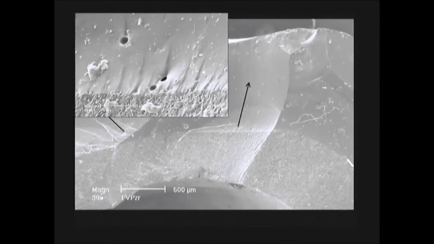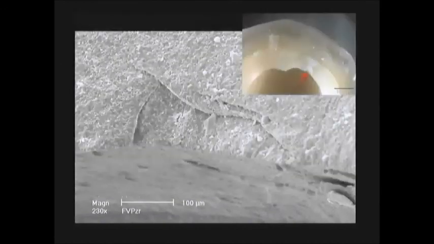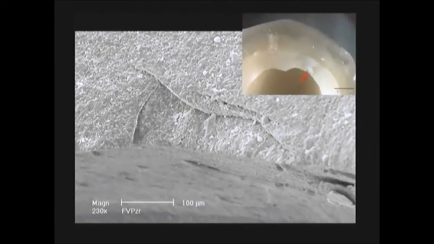I have an arrest line. Here, there is something weird. What is this? I'll tell you in a minute what that is. It's a chipping off of the alumina, and you'll understand later on. I'll come back to this chipping off. Just remember, there is a chip off of the inside of the alumina crown that is